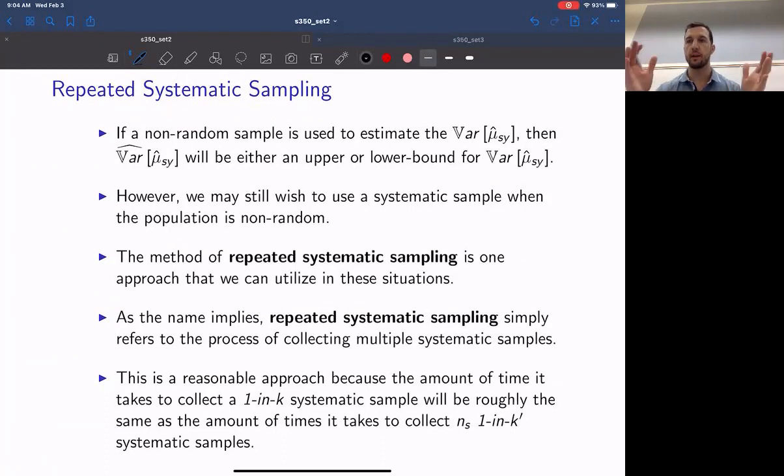So we're working with the same population. The idea of how we collect our information is exactly the same. We just move through every kth person and we let them be a part of our sample. But now we stagger the start point k times as well. And in the end, what we end up with is ns systematic samples